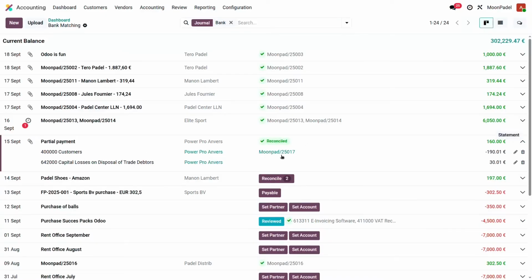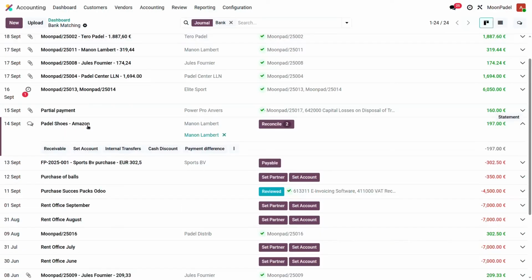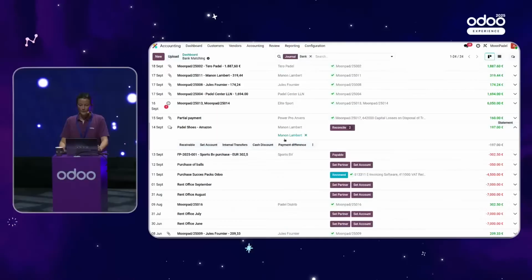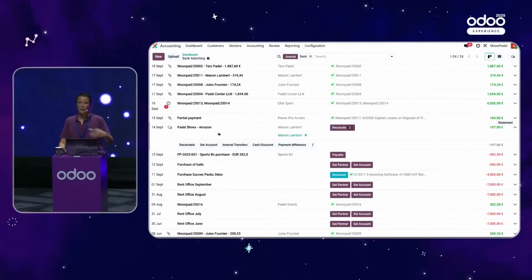So that's great. This transaction is reconciled. And then we're going to see the next transactions in line. Here we see a transaction of Padel Shoes Amazon. So my client Manon Lambert paid an amount of 190.70 via Amazon. So I know already that this is not the full amount of the invoice because Amazon typically holds a commission